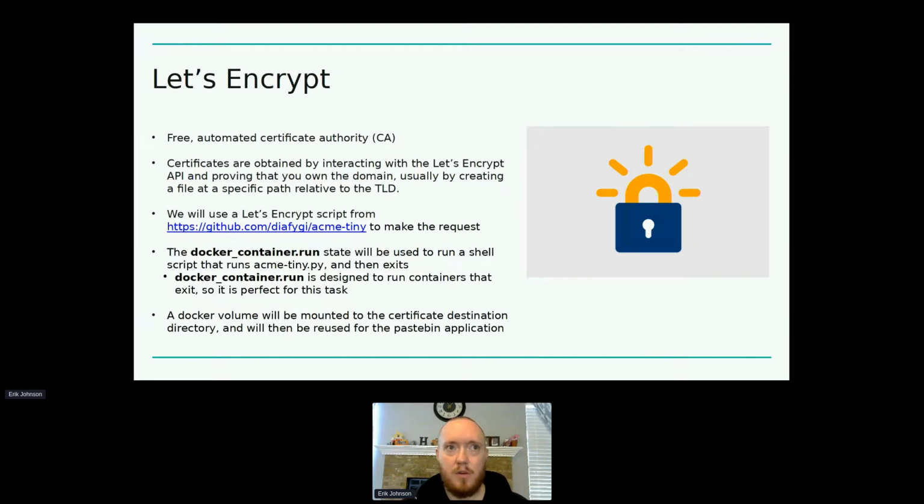We're going to run a shell script which invokes the Acme Tiny Let's Encrypt client, which is going to request our SSL certificate, and then, as I mentioned before, we have that SSL Docker volume, which we're going to mount into the destination where we tell Acme Tiny we want to put the certificate, allowing us to then reuse that for Nginx. So I'm going to